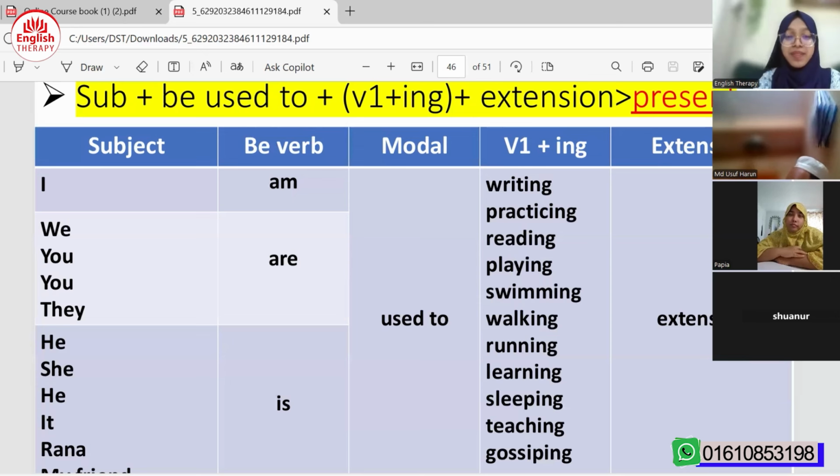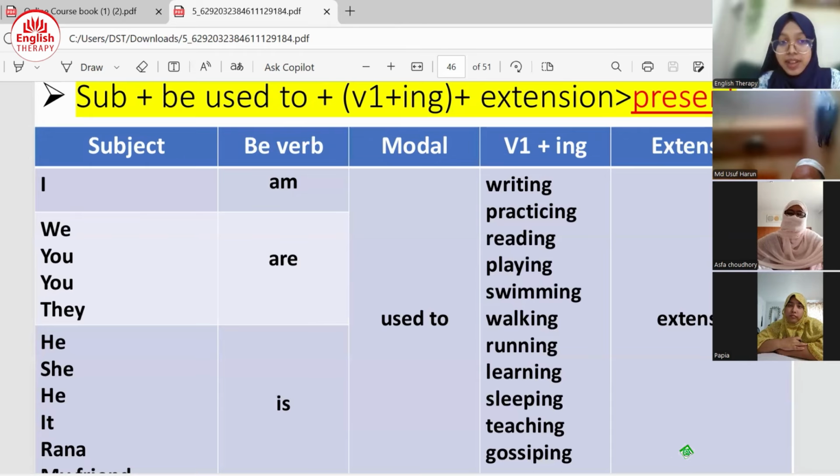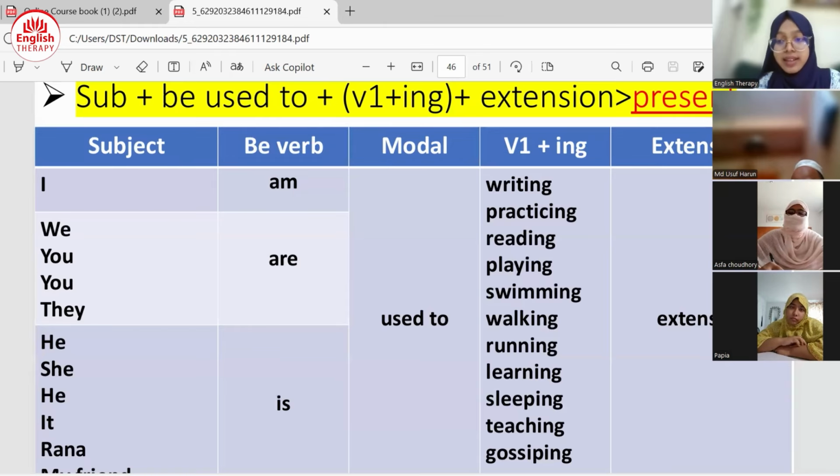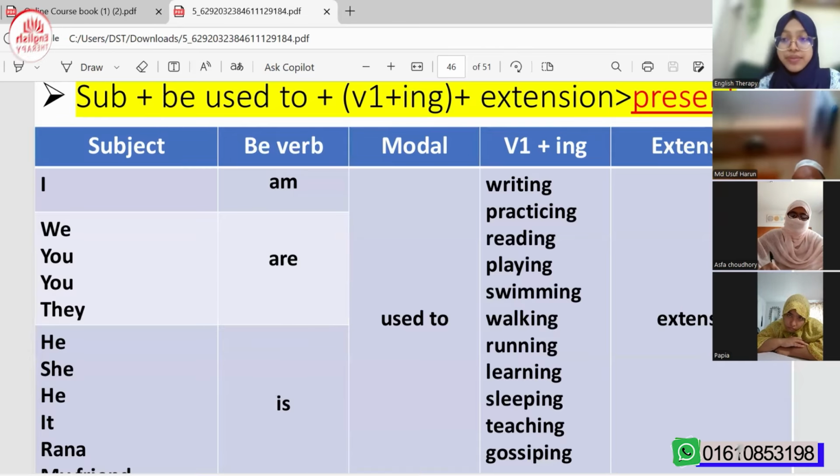Okay, so let's make some sentences. Think of a practical example. In your past, you learned something, right? In your school, college, university, you learned something, right? And nowadays, you are learning also. So you can say that it's one kind of habit, right? If I say আমি শিখতে অভ্যস্ত or আমি নিয়মিত শিখি, right? For this type of sentence, we can use this structure.